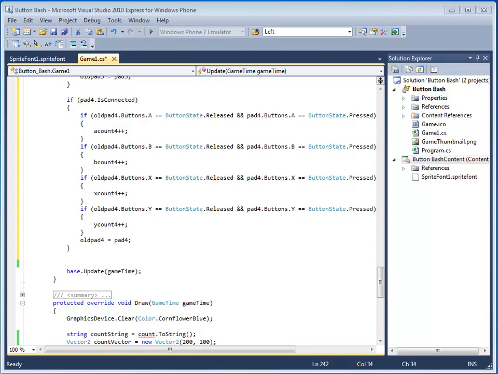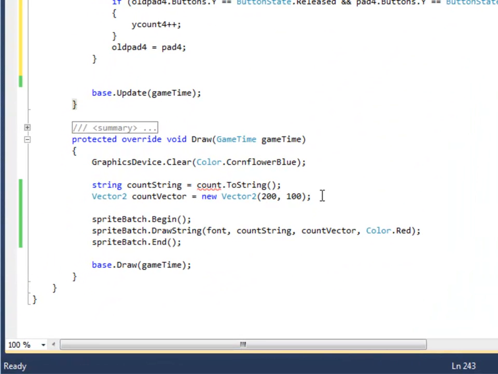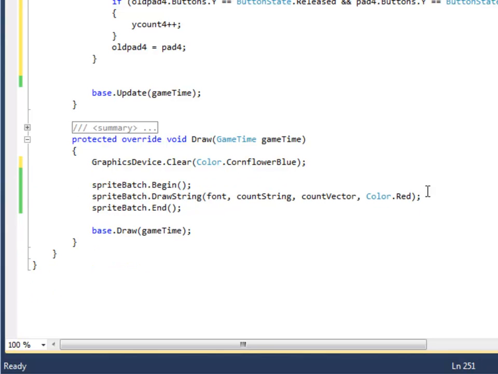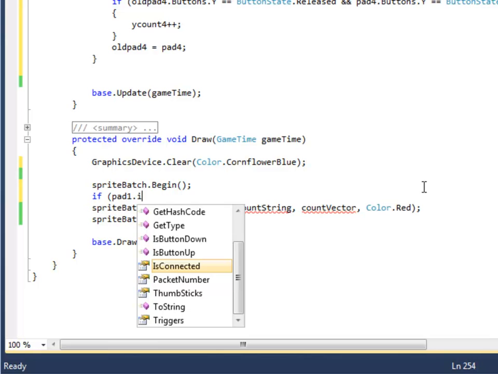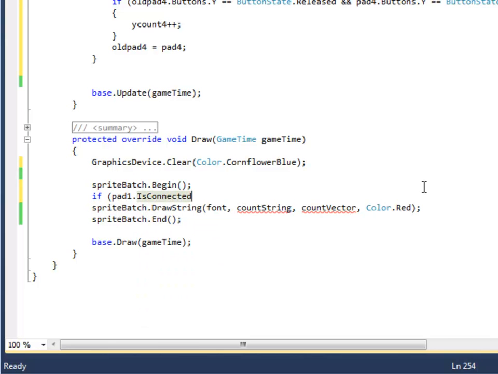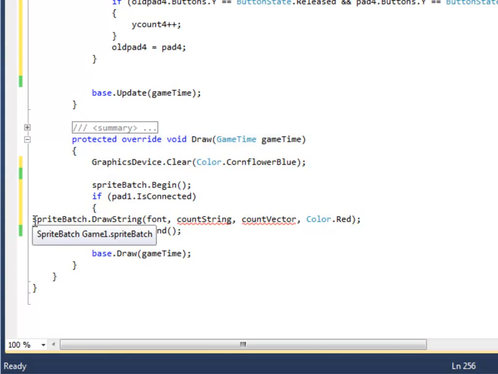Now let's restructure the draw method. Let's start with pad 1's count data. Go to the draw method. Let's delete this stuff. And here we'll say if pad 1 dot is connected, we'll go ahead and draw all the pad 1 button data,